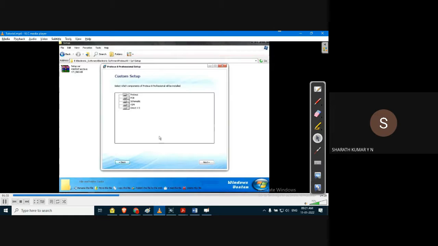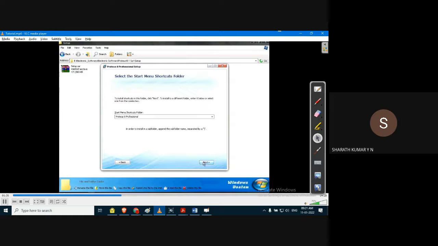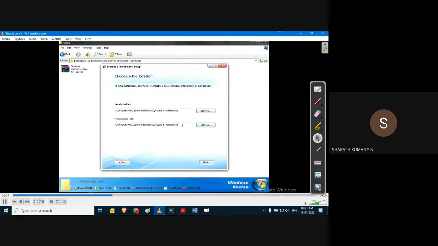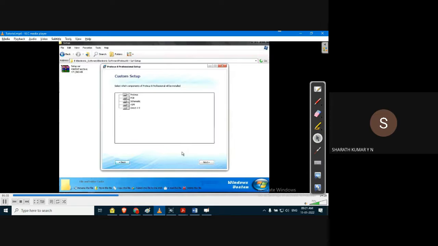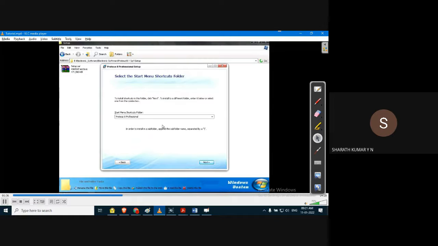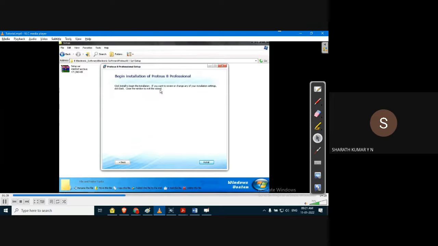These are the modules which are installed along with Proteus: Proteus PCB, schematic, VSM, and DirectX 9. Okay, these modules are installed, so this will install the software.